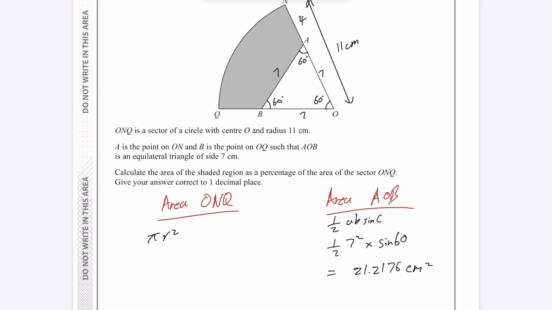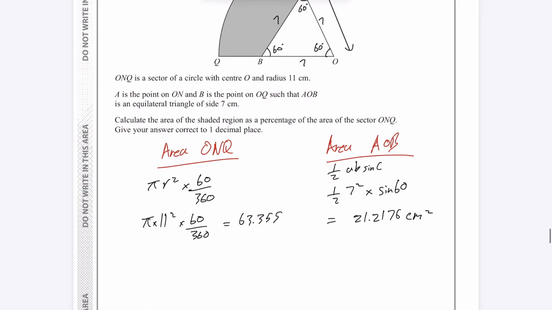and on this side, it's the area of a circle, which is pi r squared. If you don't have a full circle, we have got 60 out of 360, so that's using the angle. That's how much of a circle we've got. So it's going to be pi r squared, we know the radius is 11, times 60 over 360, so that becomes 63.355. Now I subtract the two, and I know the area of the shaded region is 63.355, take away 21.2176,